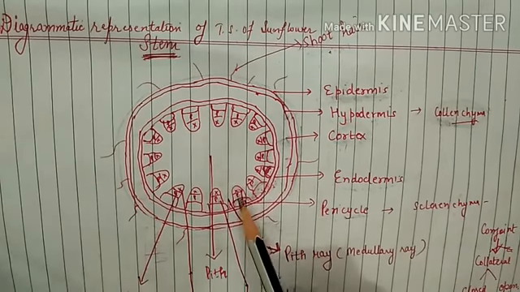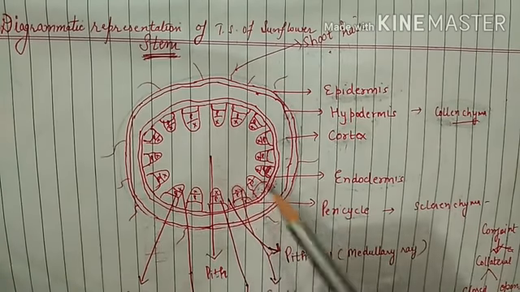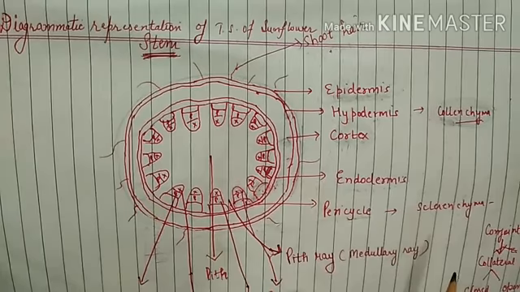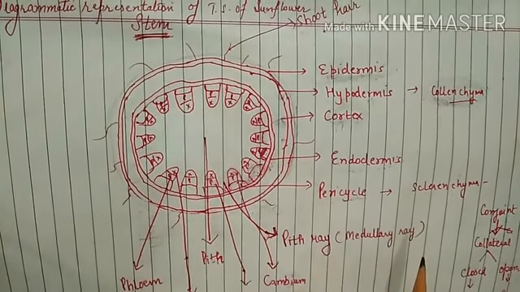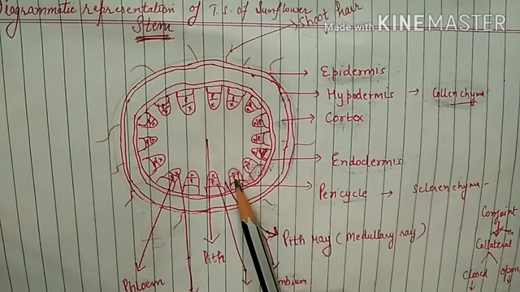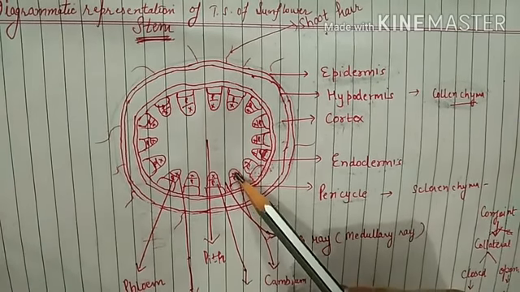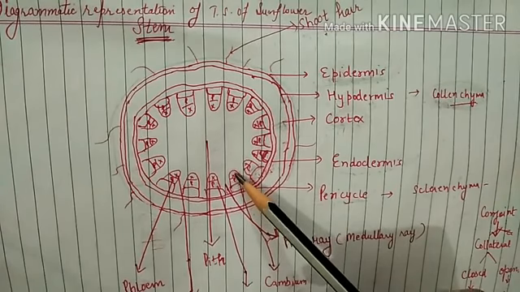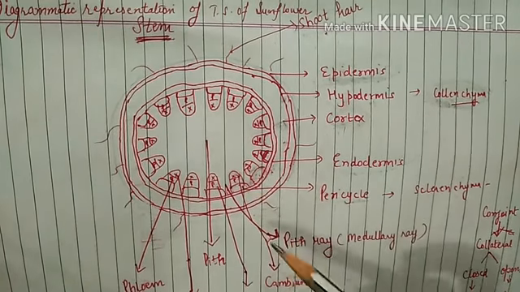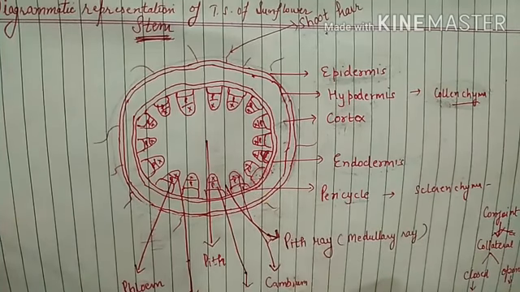Then next to pericycle, you observe here vascular bundles are present. The vascular bundles are conjoint, collateral and open. In a root we have observed that the vascular bundles were arranged on different radii. However, in stem you are observing here that the vascular bundles, that means xylem and phloem, are present on the same radius, and they are in exarch condition. So before discussing that, let us see vascular bundles.